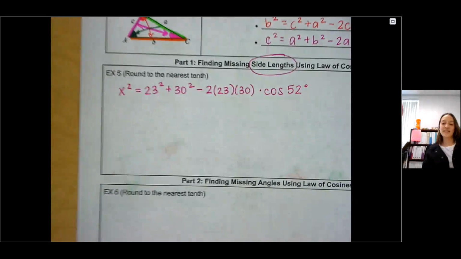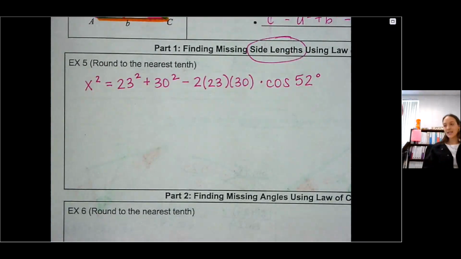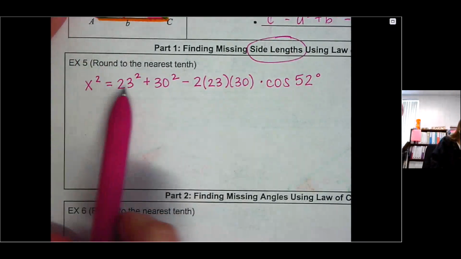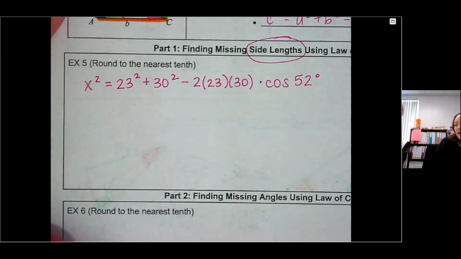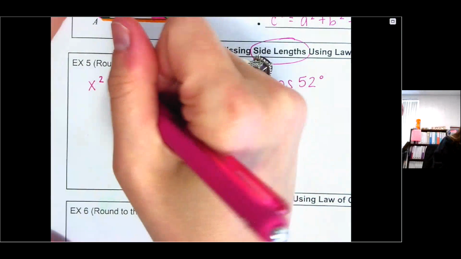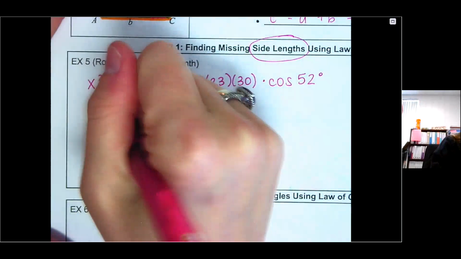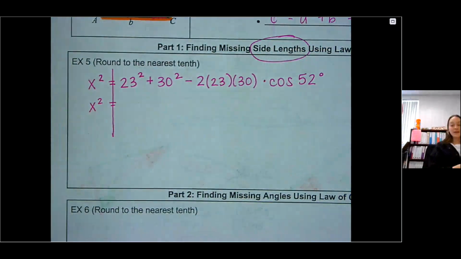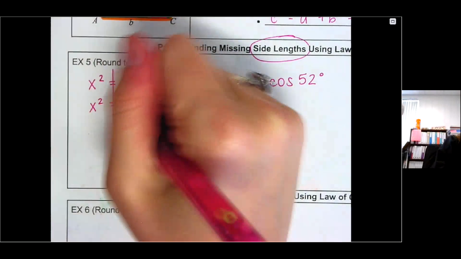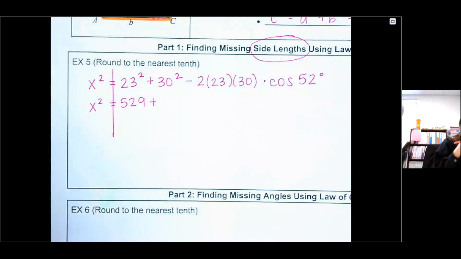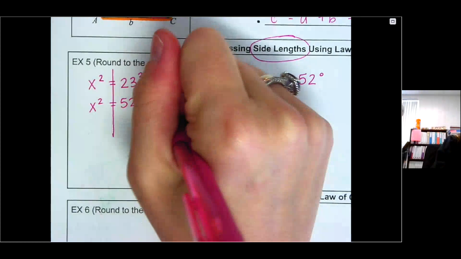Okay, now this is just an algebra problem. Maybe it doesn't look like it, but it's just algebra. You're trying to solve on the right here and get x squared all by itself. So you're going to do some order of operations. So first and foremost, there's really no parentheses. So what we're going to do is our exponents. So 23 squared is 529 plus 30 squared is 900